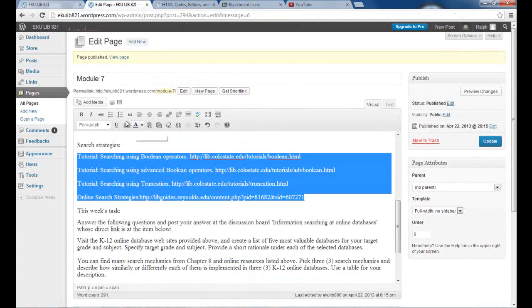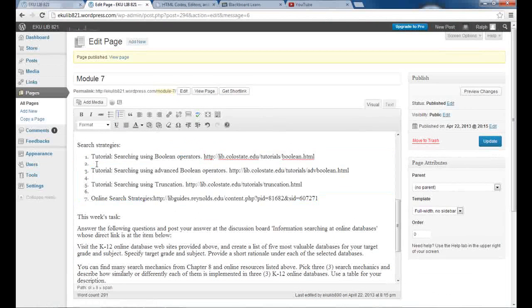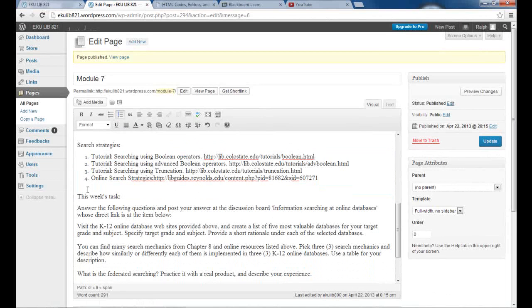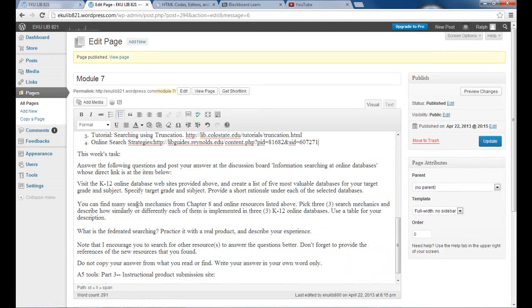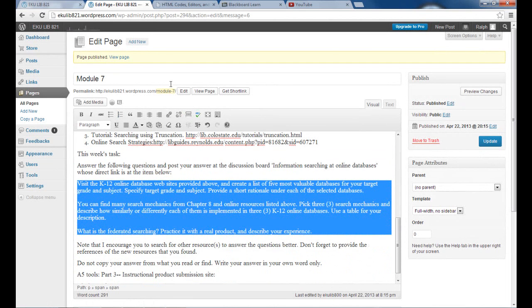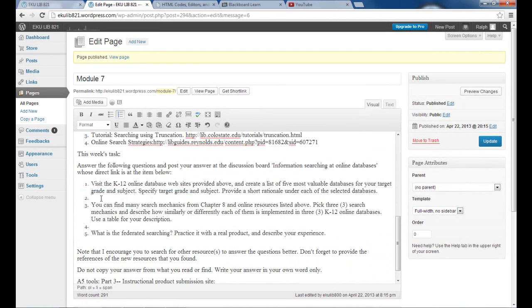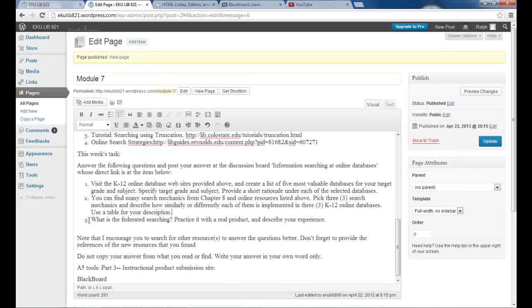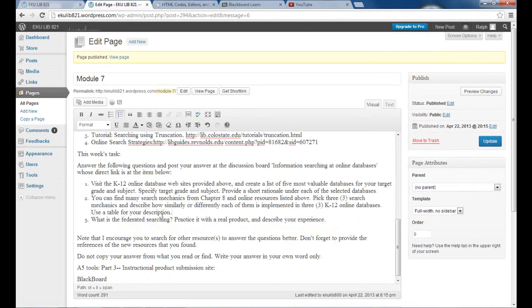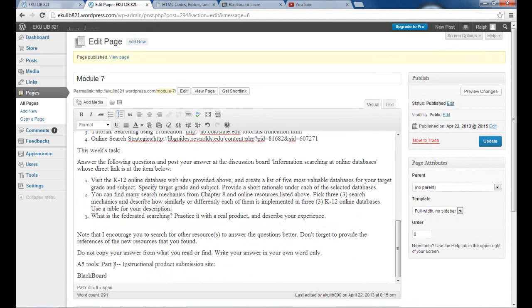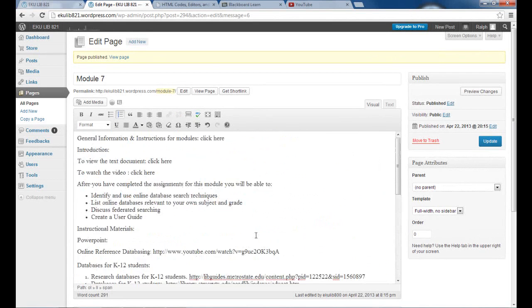Even this one I'll make as an ordered list. And these three as an ordered list. The reason why I'm doing this is so I can differentiate between the subheadings and the main text. So now I have everything ready. The only thing I need to do now is I'll even